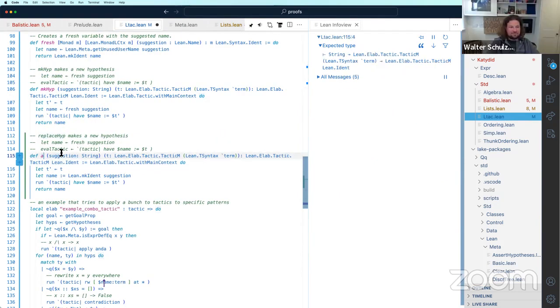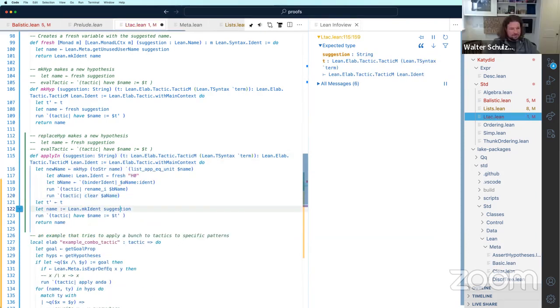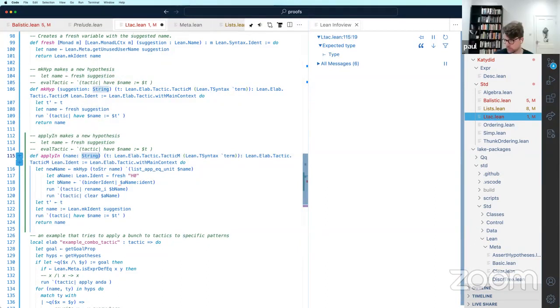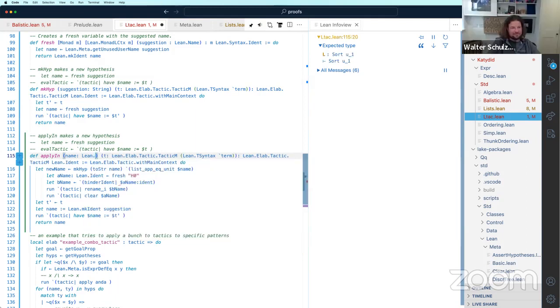All right, so let's try to build apply in. Apply in takes your hypothesis name, which obviously is a Lean identifier now.